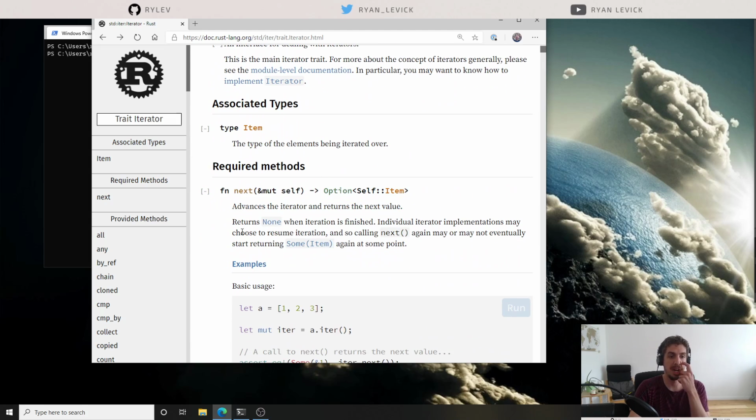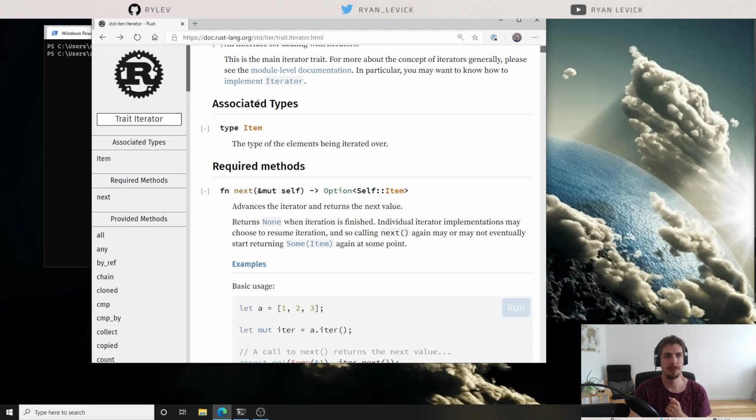So when we're creating our own iterator, we're going to implement next. What next is, basically, is a way to get the next item in the iterator stream. All it really does is take a mutable reference to self, you call it, and then it gives you optionally